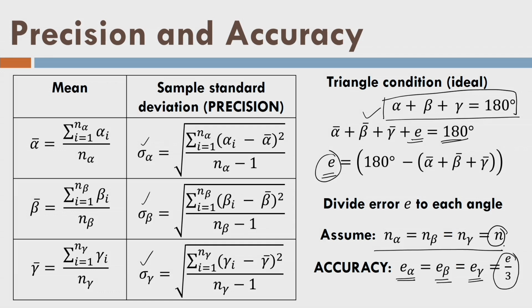So, where is my reference value or where is the true value? This value 180 degree is the true value, and I know that it is coming from a universal relationship, that is, the sum of the angles of a triangle is equal to 180 degree. I cannot challenge it, no one can challenge it. For that reason only, the accuracy is external to the measurements, while precision is internal to the measurements, because we are measuring this precision sigma or S alpha, I can say sample standard deviation, from the measurement itself, while we are not developing this relationship. It is nothing to do with measurements.